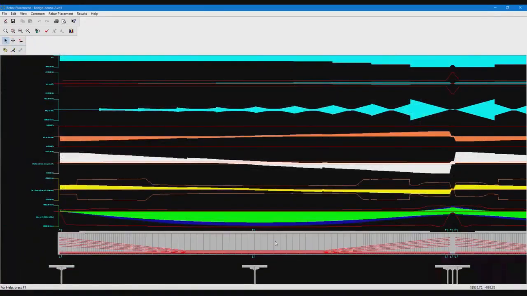To edit the rebars or the cables, we have tables here for this. One thing that's nice is that if we do changes, the results get updated live. For example, if I delete